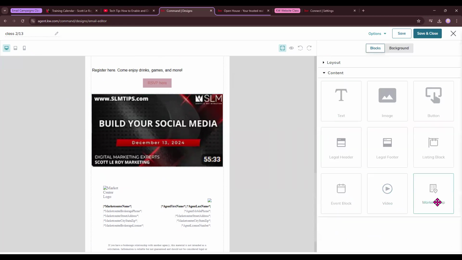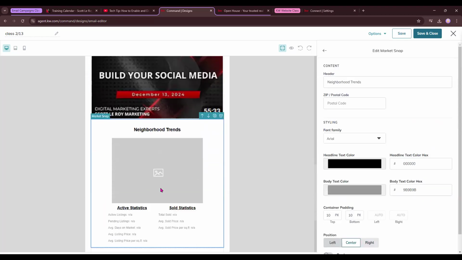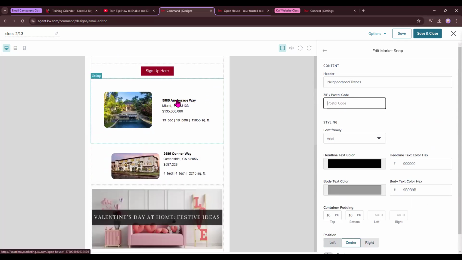And then the last thing we have is the market snap. So I'm going to drag that over. And the market snap, it's going to give you some stats on a specific neighborhood. Now, it has a header. We can, of course, adjust that header. We can pull in a zip code. Let's grab one of these. Let's just do